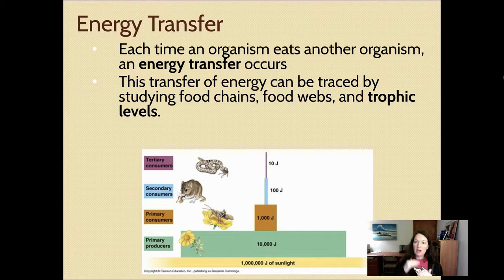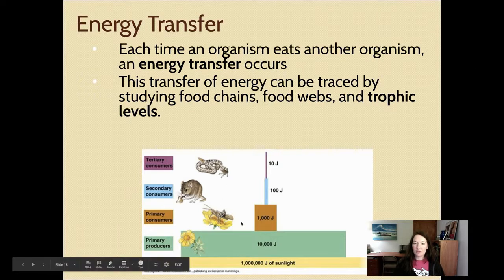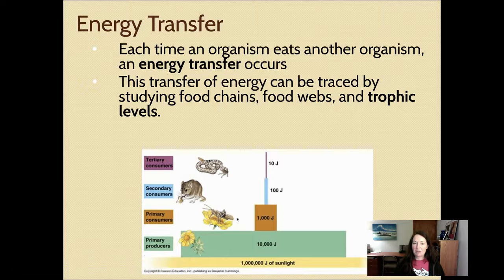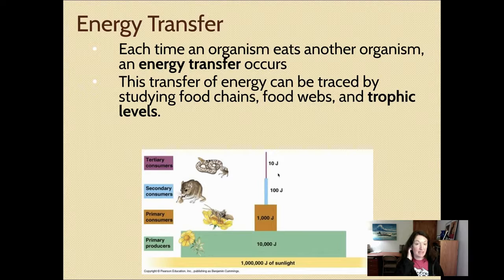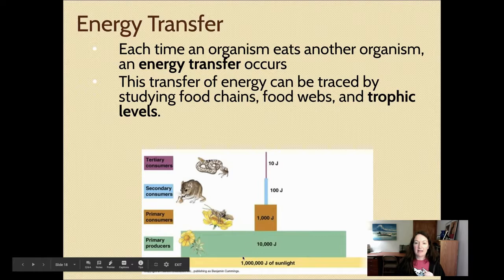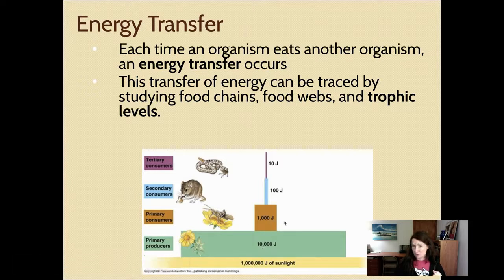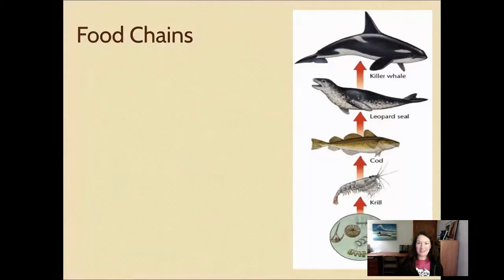So as you move up trophic levels, that is when one organism is eating another organism. So when the grasshopper eats the plant, that's moving up a trophic level. When the mouse is eating a grasshopper, that's moving up a trophic level. And when the snake eats the mouse, you're moving up another trophic level. And we're going to see in a few slides that the energy transferred is not the same. The grasshopper is not going to get the 10,000 joules, that's the unit of energy. It's not going to get 10,000 joules of energy from eating the plant. It's only going to get 1,000 joules. So the energy decreases as you move up trophic levels. I think that's in a coming slide.